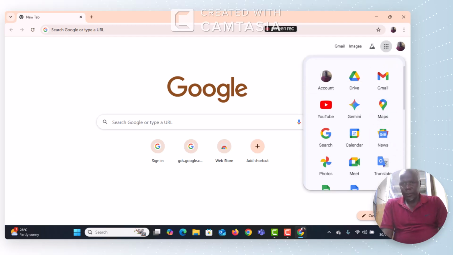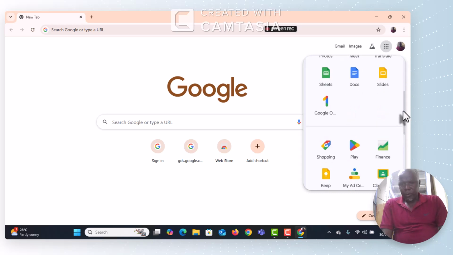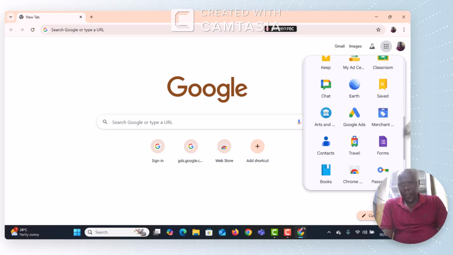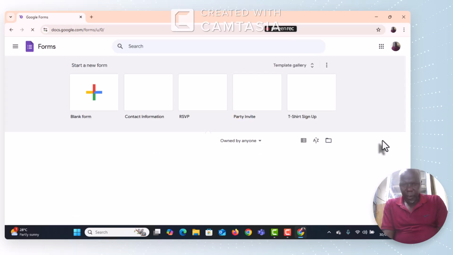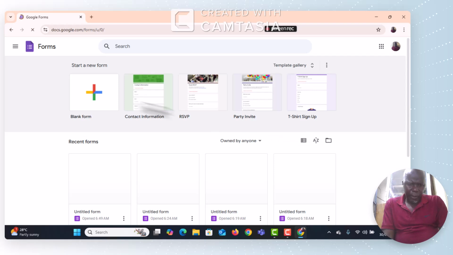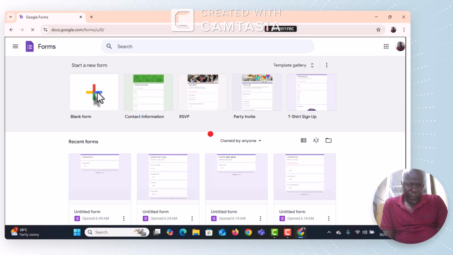Google Form is very important because it gives you ways of collecting data. It can also be used for carrying out research. So when you come to Google Form here, you open it. After opening it, you come to this blank form. You double click